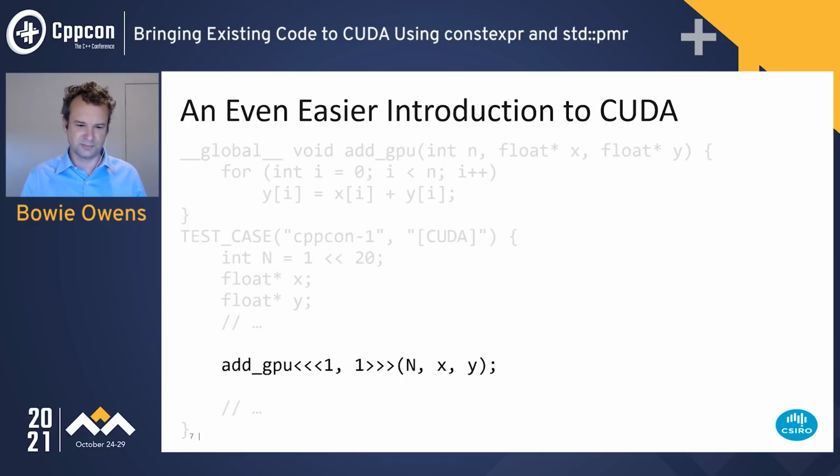CUDA launches are specified using this extension, this triple angle bracket syntax, and then it sets up the call to the add function, but executes it on the GPU. Now, briefly, I wanted to touch on the parameters that go inside those triple angle brackets. Roughly speaking, when you multiply the two numbers together, that gives you the number of threads that are going to execute the kernel function